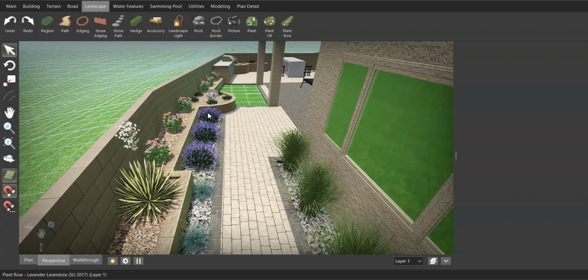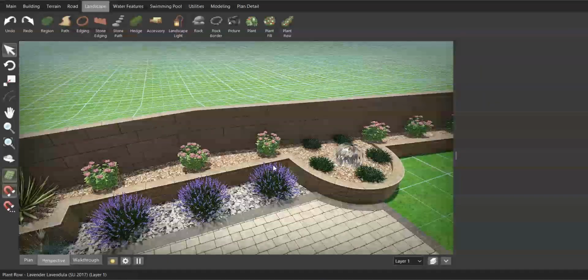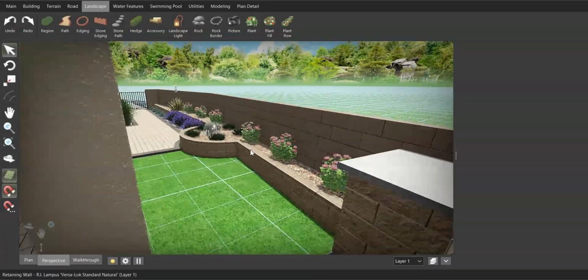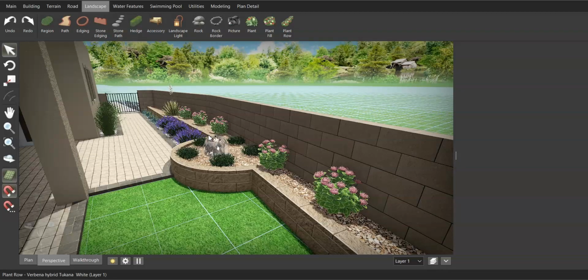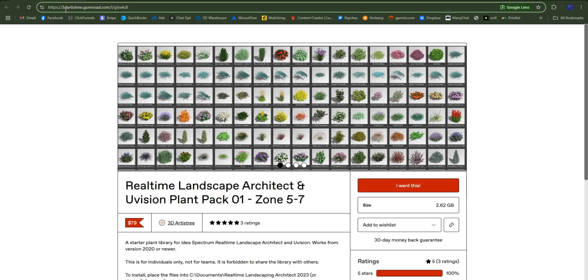Now, I have a quick tip for you to find really nice plants. If you don't want to download plants one by one, there's someone I met that sells plants. He creates plants exactly for this program, Real-Time Landscape Architect 2025. Okay, so the website where you can go to buy the nicest plants that I have found so far is this one. It's https